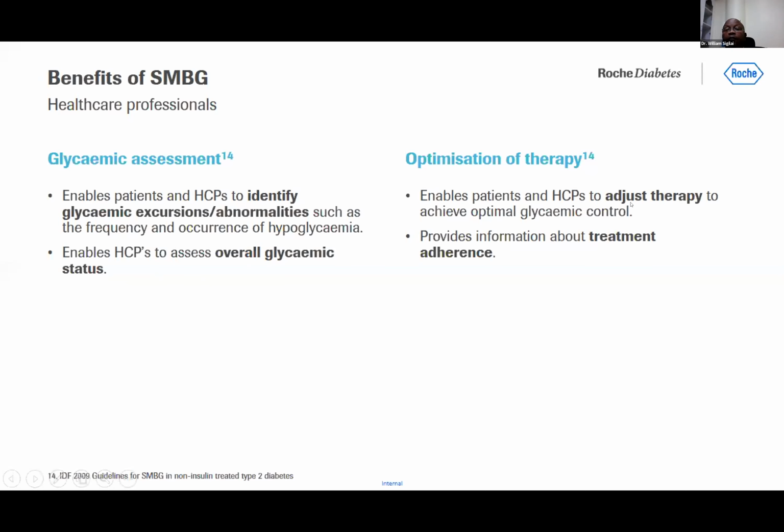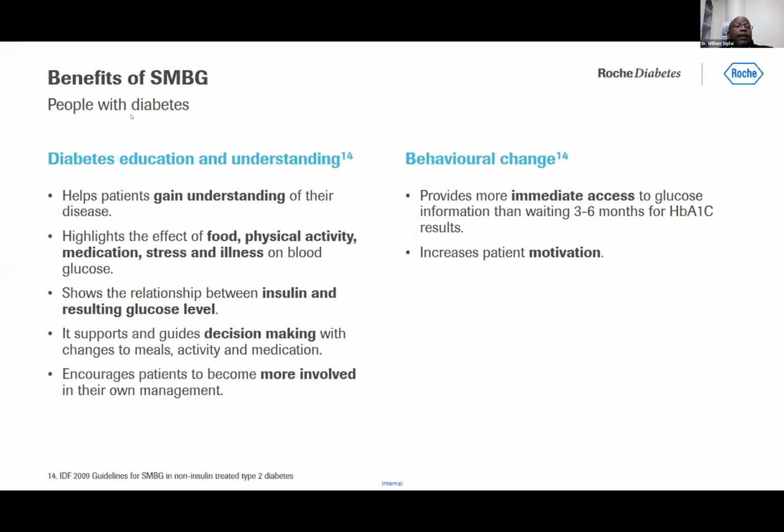When the healthcare provider views the patient's log of blood sugar readings, they are able to adjust the therapy with respect to what you can see. Are you adjusting the therapy to fix fasting hyperglycemia, or to fix postprandial hyperglycemia, or to address the aspect of hypoglycemia? So it provides information about treatment adherence. It may actually reveal to you that the patient is not adherent to the treatment that has been so painstakingly prescribed. The other benefits of SMBG